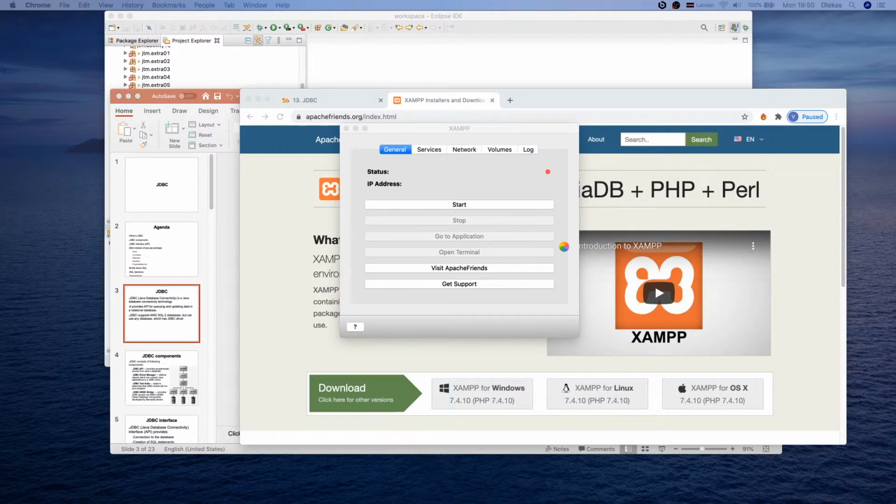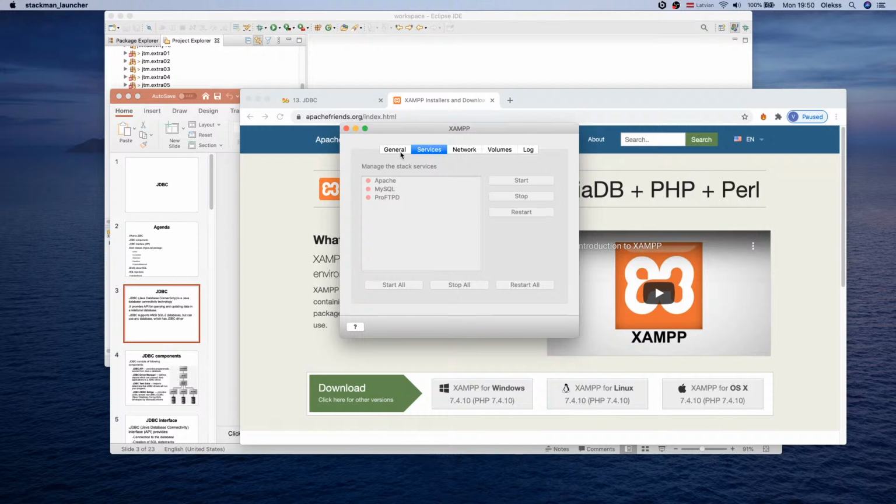Yeah, in my case I just can, first of all, let's check what are the services we have here. In most usual case you'll have Apache, MySQL and ProFTPD. Then for our case we just need MySQL. Then for networking,